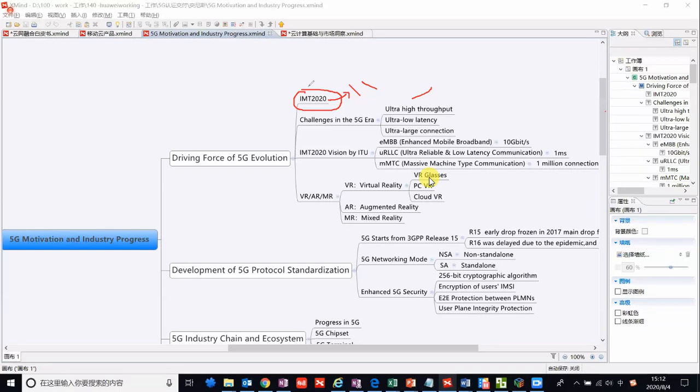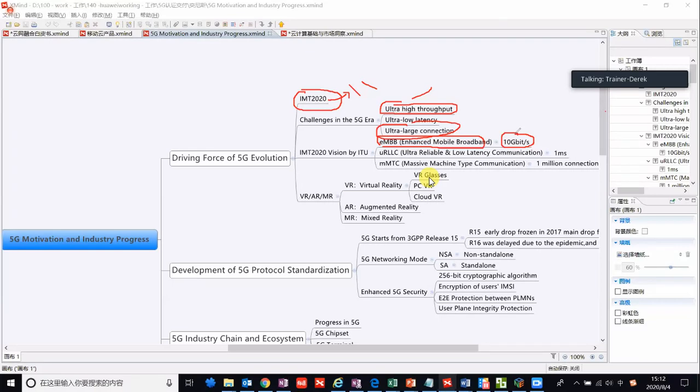IMT-2020 and the challenges in 5G areas. One is ultra high throughput, ultra low latency, and ultra large connection. This is the ITU's target vision. For eMBB scenarios, the peak rate can reach 10 Gbps.